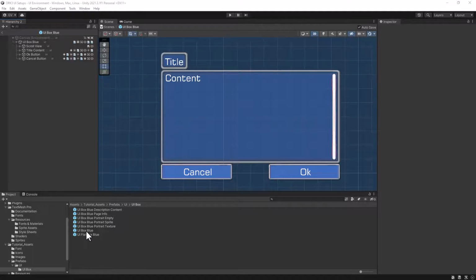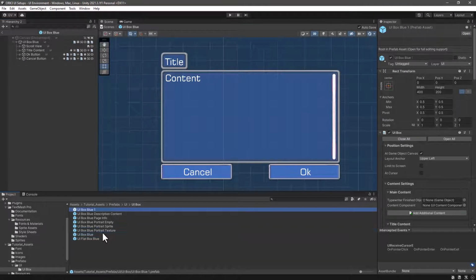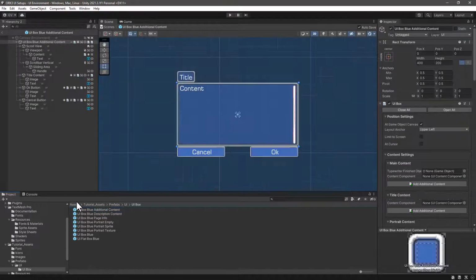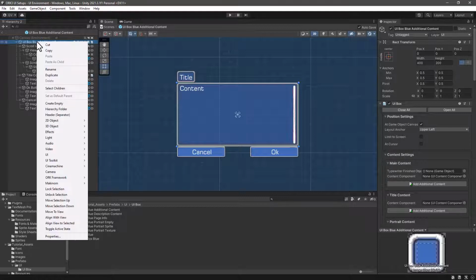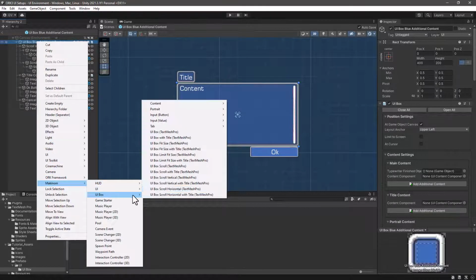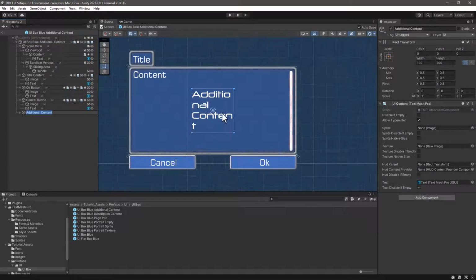So we need to do the same thing. Let's duplicate once again this UI box blue and add additional content. Let's open up, and once again we need to click on the main UI box, right click, Makinom, UI box, content, additional content. So it will put it in the middle of the screen in this case, but